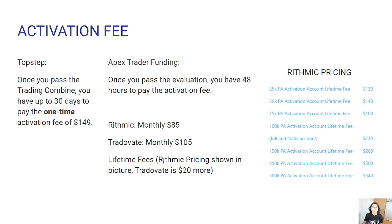I know some people think lifetime is better because, financially speaking, if you pay, let's say, $130 for the Rhythmic 25K account up front, then that is going to be a better deal if you have the account for at least 2 months. Whereas if you have the Rhythmic monthly, 85 times 2, that's $170 for 2 months if you calculate it and